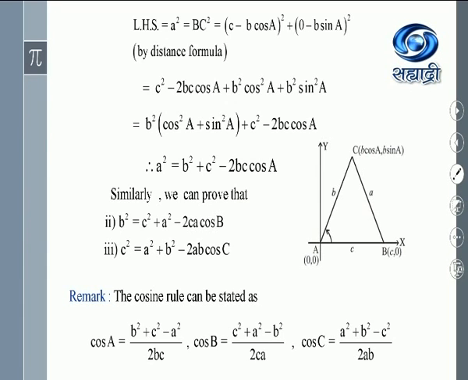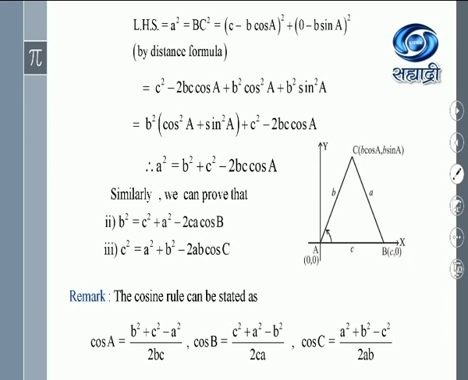Not only that, we will have to confirm the positions of the points B and C as well. Because if you are considering B here, where C and A come, that also will have to be fixed. But this is possible if you try to understand the proof of the first statement of the theorem. Sometimes the cosine rule may be asked in this manner. Therefore, you will have to remember these three formulae also.